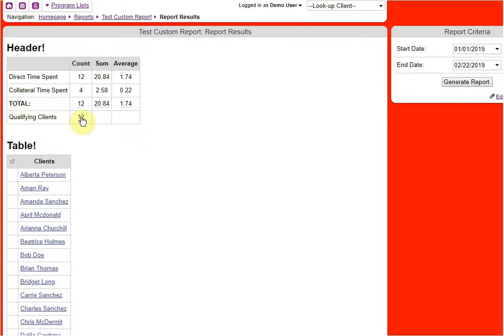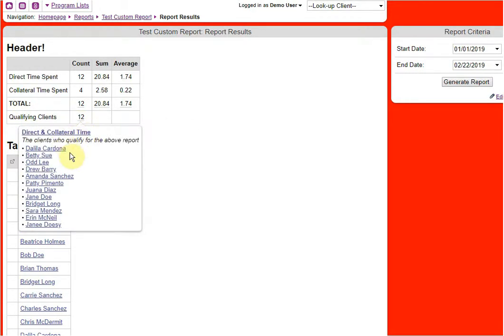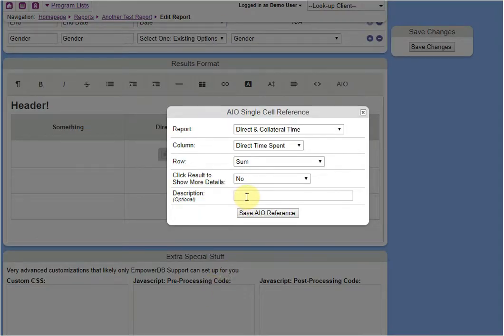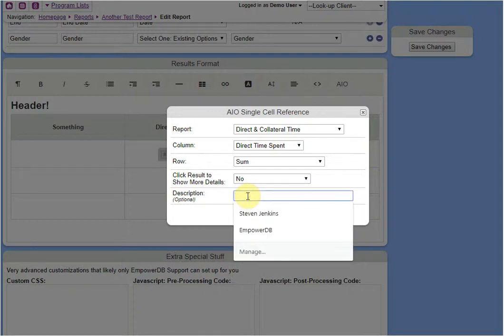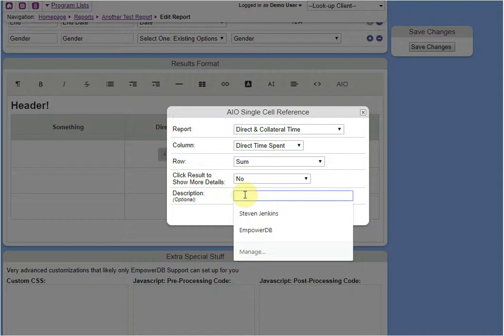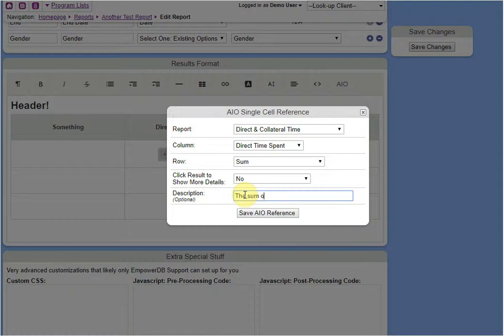I have qualifying clients in here where I can click this, and now it's showing me, okay, this is all the people who were on that report. So maybe that's all we care about for seeing when we click on this number. Right? So it's going to be different for whatever use that you're doing. And you can also just include a description about what this cell is actually doing. So a lot of times I just reiterate what I've selected above. So the sum of all direct time spent, maybe it would just be that, just something to give you a little bit of a clue about what you're at least attempting to do